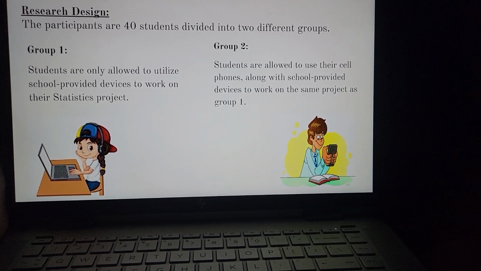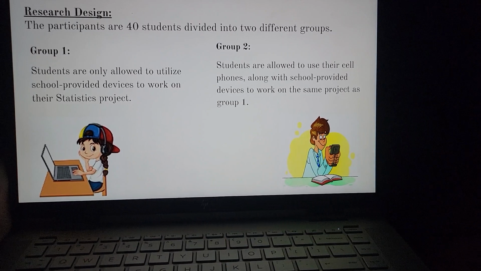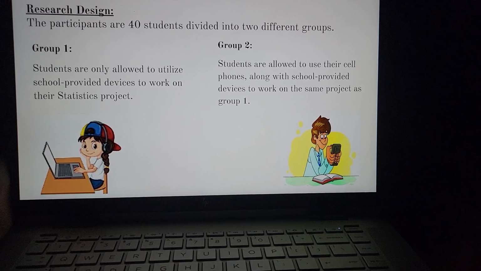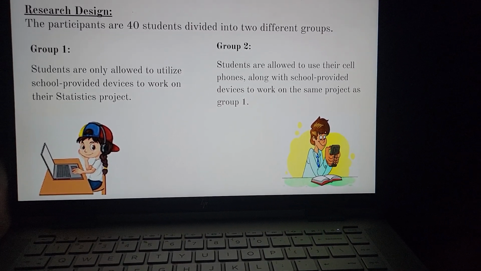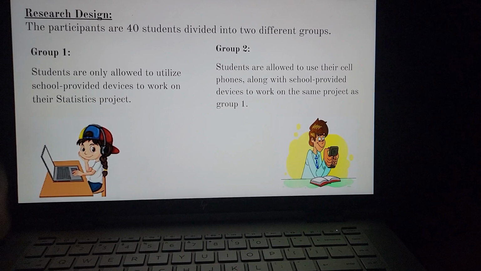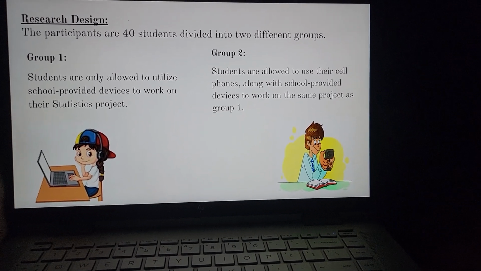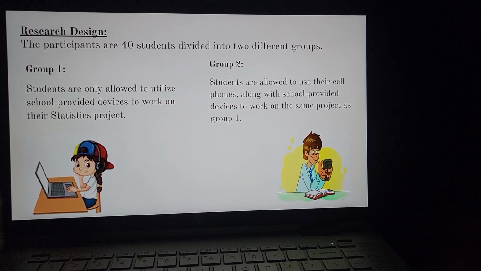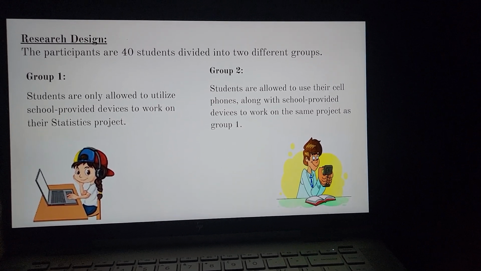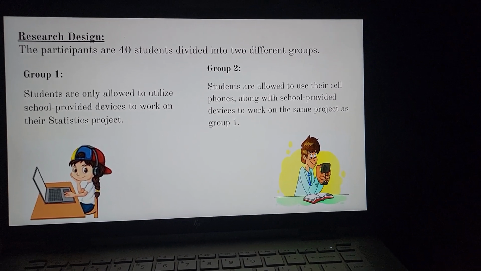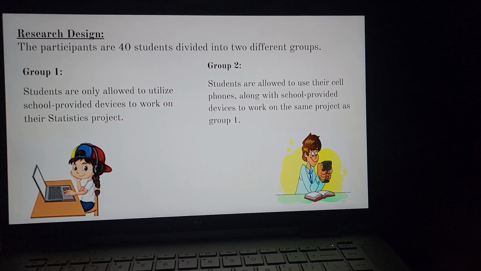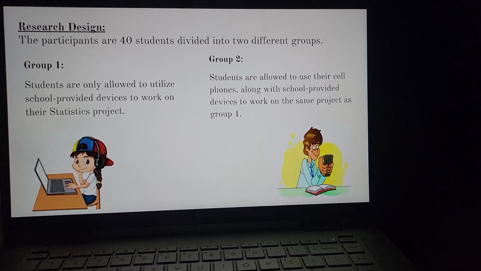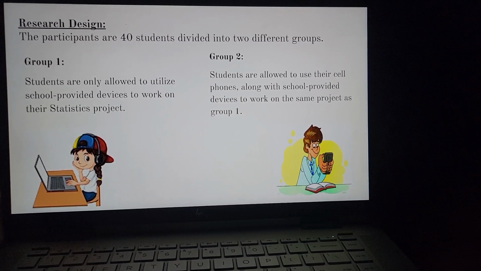So after the students work in both groups, during the whole time students are working, the teacher will be able to observe and measure their project, and see how students engage, and look at the end-user project data, for example the productivity, the material, the engagement, the creativity of the project between both groups, to see which one is better. And also the teacher will give a short survey to students and ask, hey, do you feel productive?